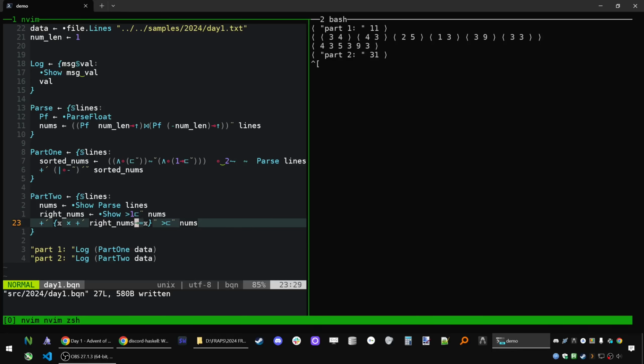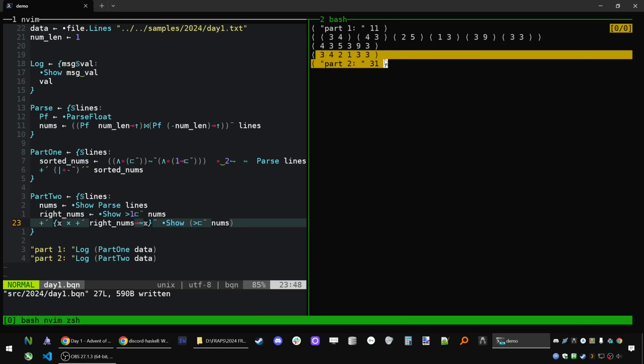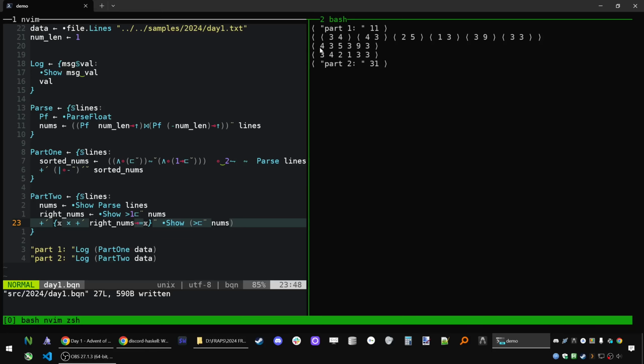So now this is actually the left numbers of this, which I can again show. There's probably a better way of doing this now that I'm looking at it, but this is the left argument, and these are the right. So you can kind of see if you twist your head, 3 4 is the first element, 4 3 is the second, etc. Then this curly brace thing is like a block, a local function or a scope almost, where